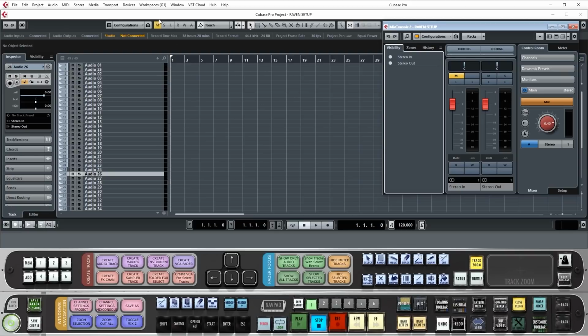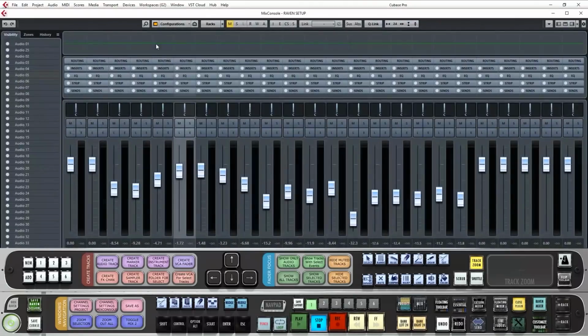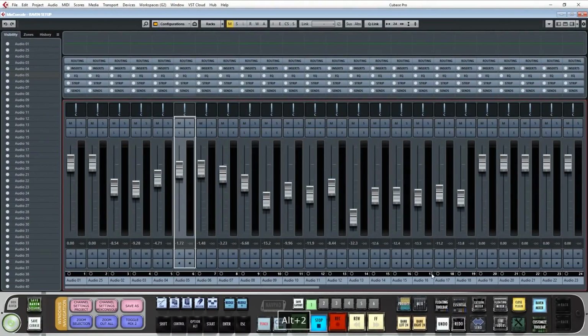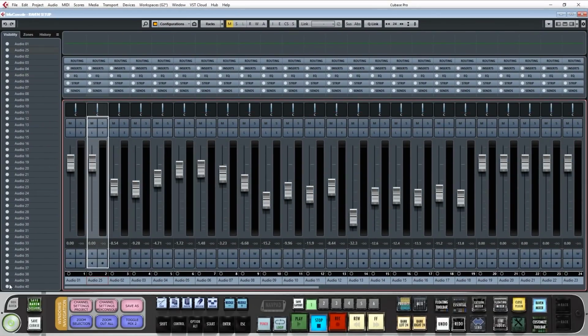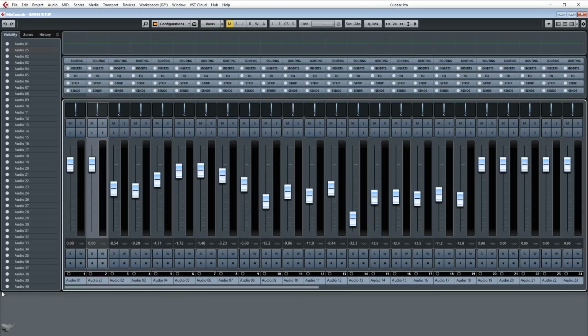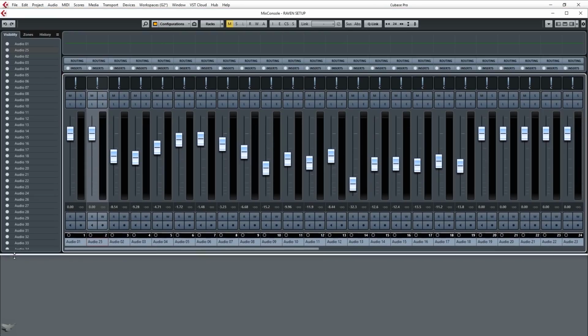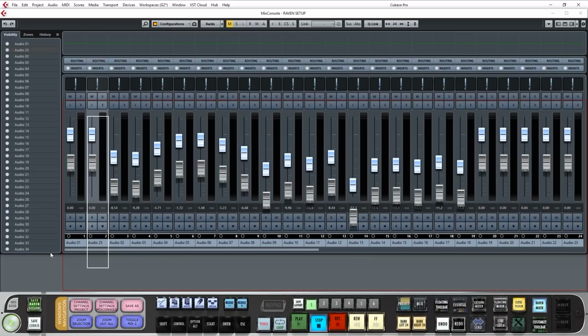Next, open Workspace 2 by using Alt-2 or selecting it from the Workspaces menu. Drag the Mix window above the Steinberg menu items and release the window. It will automatically reposition to the highest point. Then, drag the bottom of the mixer up above the Raven toolbar, leaving about half of the bottom screen empty like so.